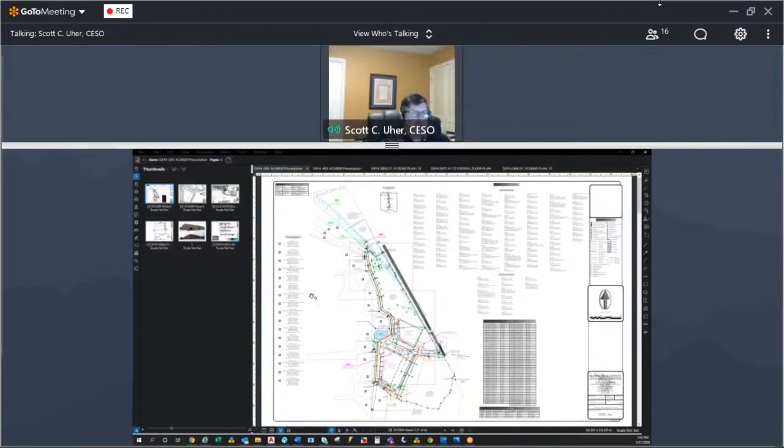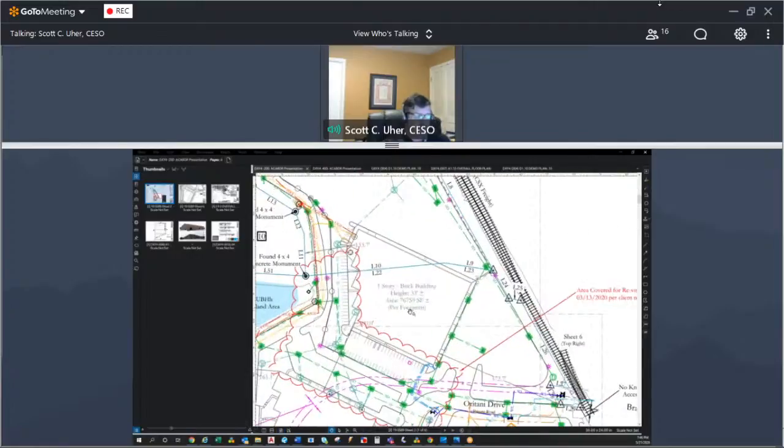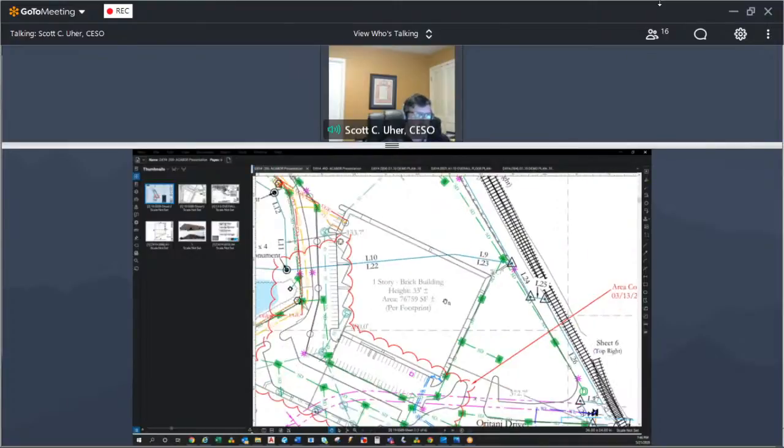Okay, great. As Dan mentioned, I'm not going to get into a lot of detail with respect to the site, but just to orient everybody to the buildings. 200 Orangetown Drive is the north building and is approximately 76,000 square feet. It's a 33-foot high existing building. I don't believe it's brick. I believe it's actually an integrally colored CMU building.